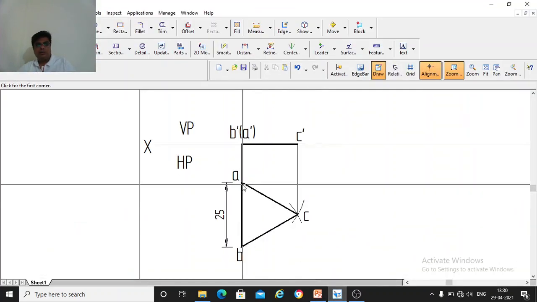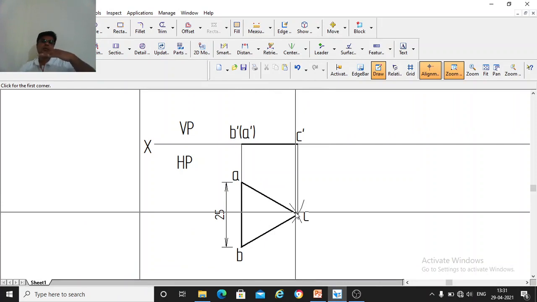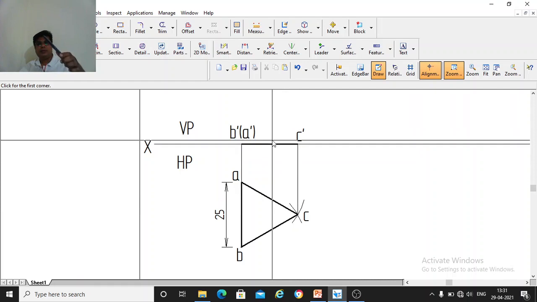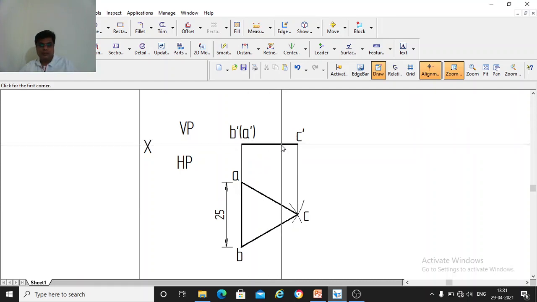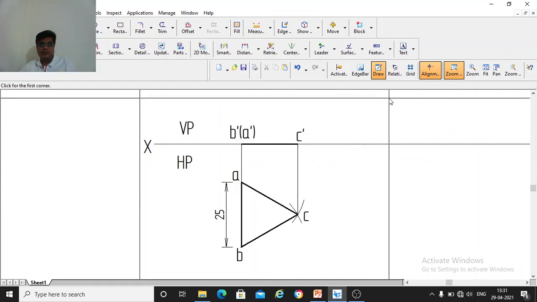So now the plane is on HP. Now the plane has to be inclined to HP at 60 degrees. That means I have to lift this, I have to turn this plane along this corner so that it will be resting on the edge on HP, and it is making 60 degrees with the HP. So when I rotate the plane like this, what will happen to the front view? This front view line will be inclined at 60 degrees now.